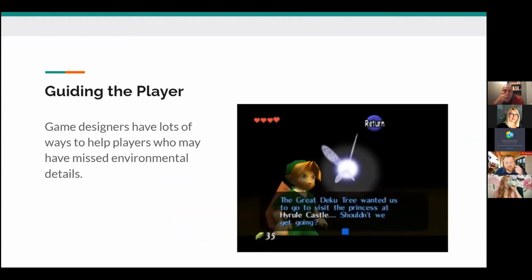Well, game designers have a lot of ways to help players who may have missed environmental details, not to tell them with embedded narrative what is happening, but to help guide them towards finding those things and seeing the things that are important in a particular scene or in the story overall.